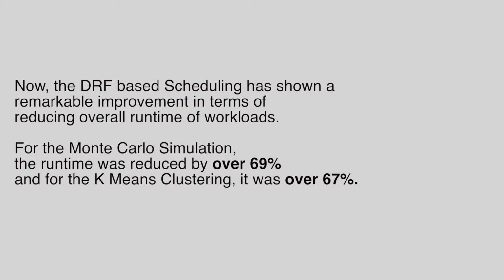Now, this is the great part of DRF based scheduling. DRF based scheduling allows us to overcome the nuances of Kubernetes native scheduling, which creates temporary unfairness to promote overall efficiency. And this is overcome by using our DRF hard allocated resource allocation policy, thereby increasing the overall efficiency of big data